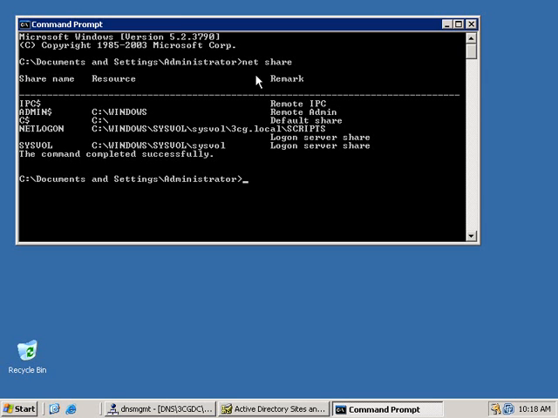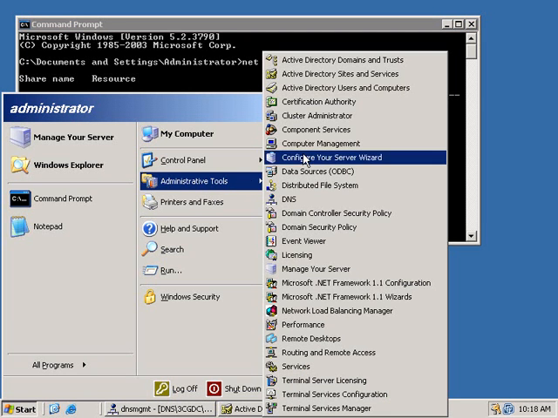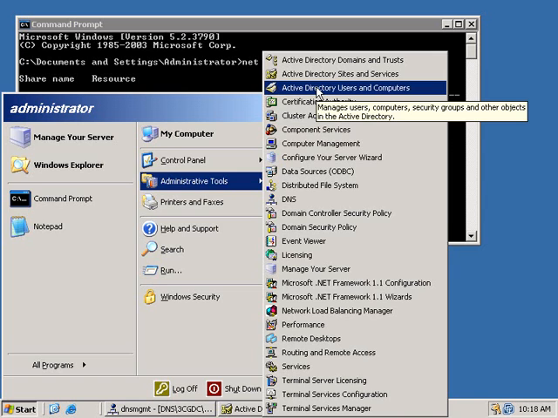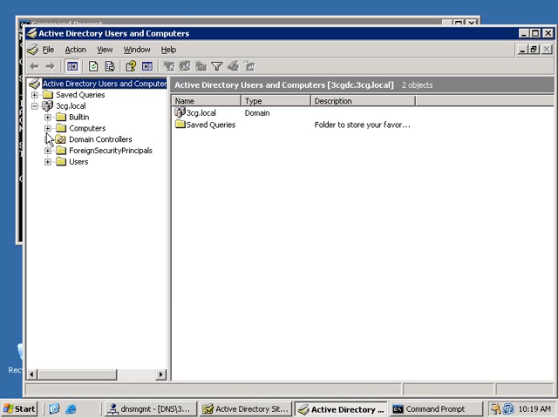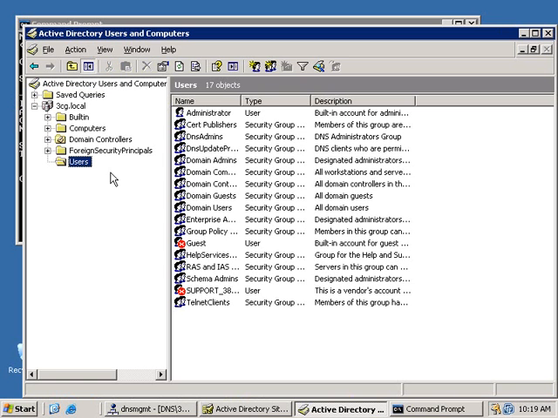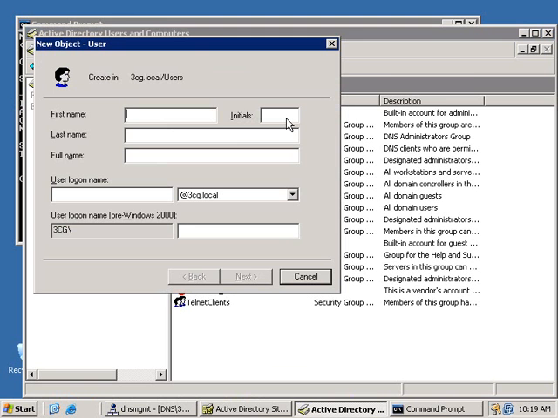Next thing we're going to do is go ahead and create some user accounts. So we're going to open up Active Directory Users and Computers, and we're going to drill down into the Users folder. Right now it's just the default users that get created. We're going to go ahead and click on create a new user here, and we'll build a user for myself,